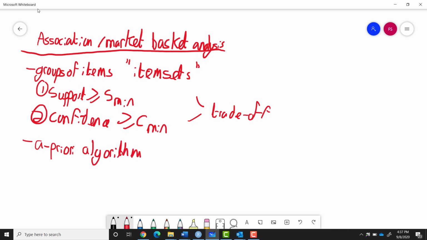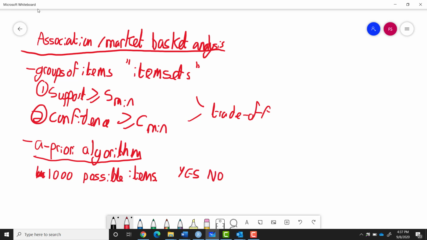And the reason we need this is that each item might be in or not in an item set. So say we have a basket, and say we have 1,000 possible items. We have a choice. Each item can be yes, I'm in the basket, or no. Now, it's unlikely that one person is going to put all 1,000 items in their basket, but it's still a